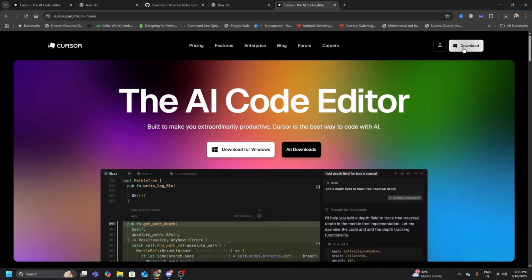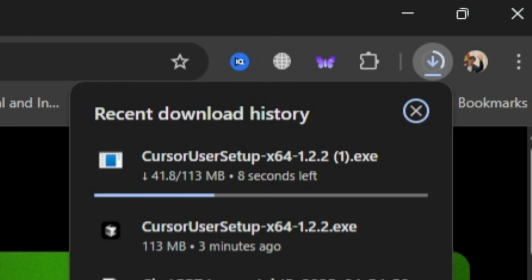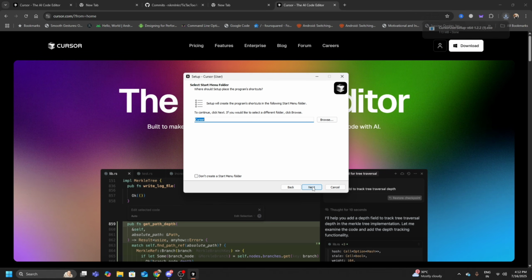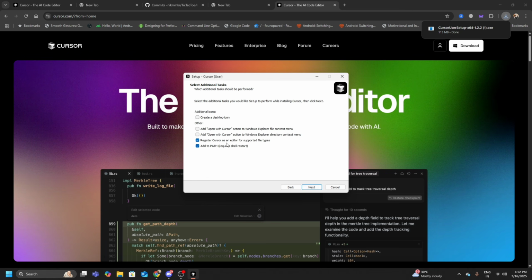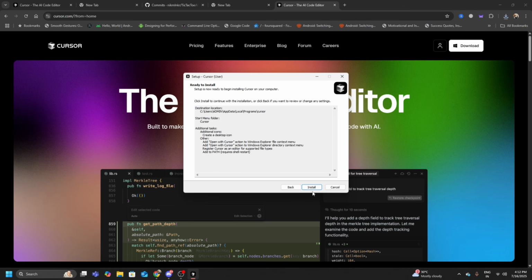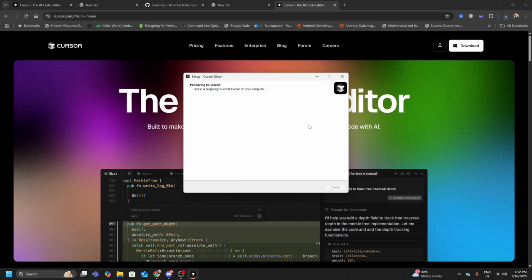In this video, I'm going to give you a quick tutorial on how to use Cursor in Windows and configure it with Unity. So first off, go to cursor.com and download the installation file. It's available right over there. Install it to your desired location on your computer and make sure that these two check marks are ticked so that you get an option of opening Cursor into a specific folder of your Unity project,